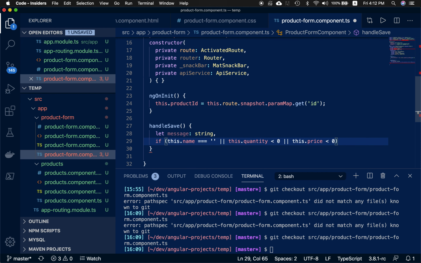Let's print out a message, not yet print out, assign a value,